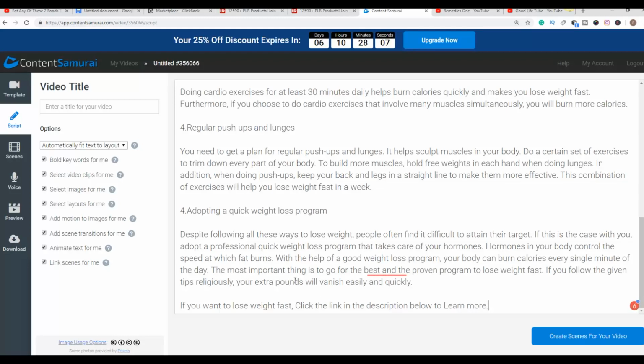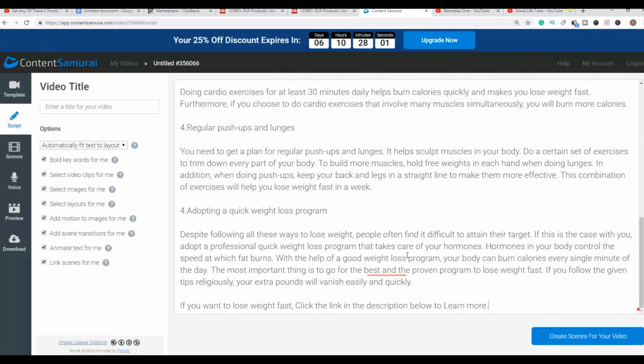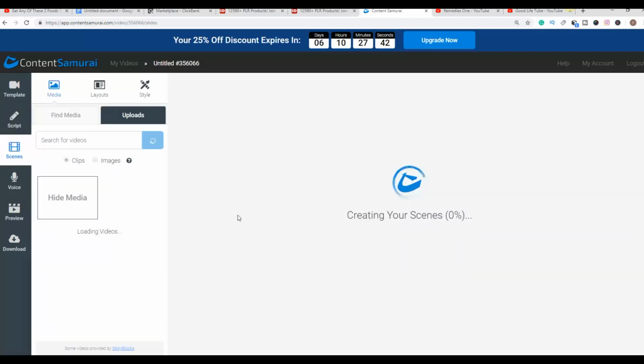So you have to put a simple call to action at the start and also at the end of your video, so that a lot of these people watching your videos on YouTube are going to click on your affiliate links, and they're going to buy the product, and that's how you are going to make money from this method. So next, you just click on create scenes for your video, and it's going to create the scenes automatically for your videos